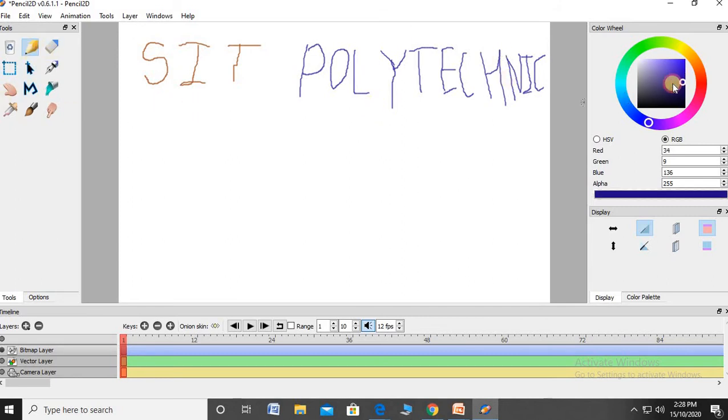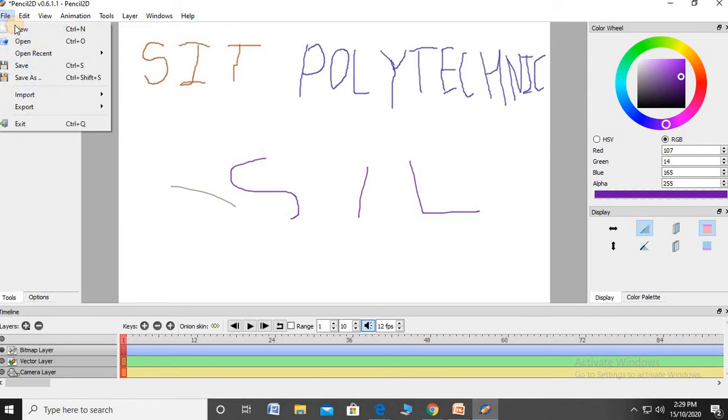Choose which color. First of all, click here on this pointer. If there is no pointer, nothing will be drawn. Suppose the pointer is there, after that you choose which color you want. The colors are shown as RGB colors and also HSV colors. Whatever color you want, select it and that color will be displayed. Clear?